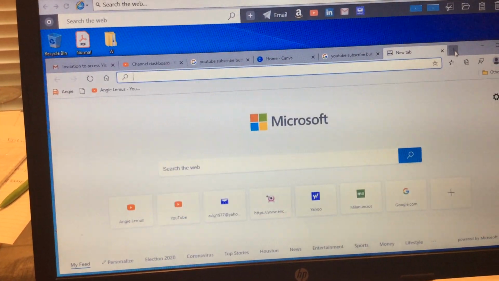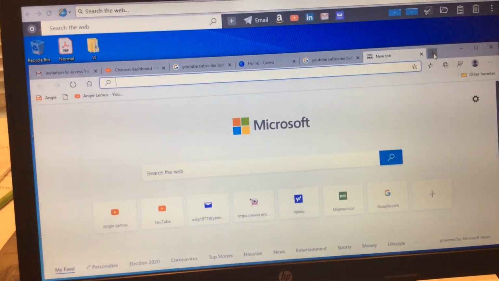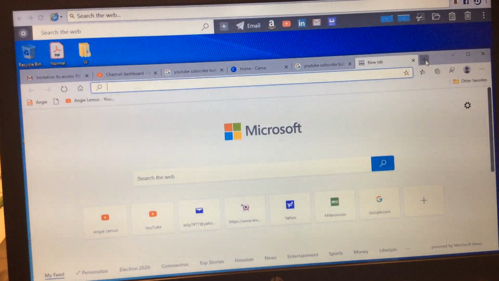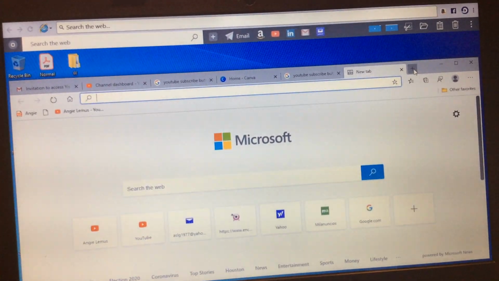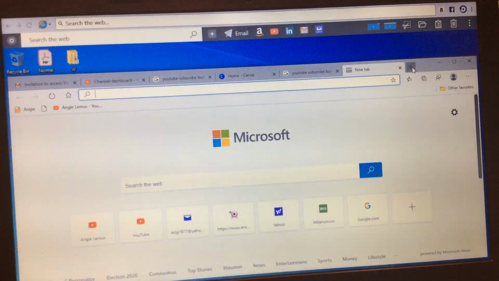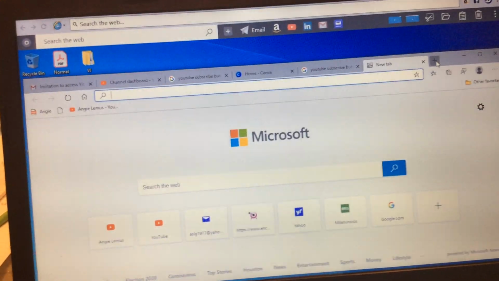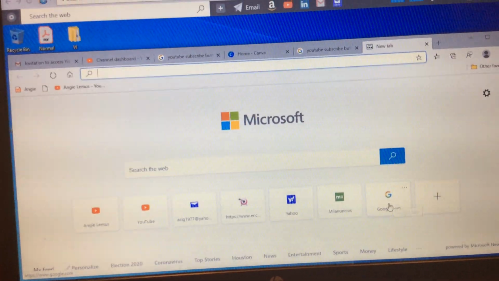Today I'm going to teach you how to make or design your own watermark for your YouTube channel just for free, and you can design it the way you like it, the way you want it, and download it for free as well. So first of all, we're going to go to Google, click on Google,